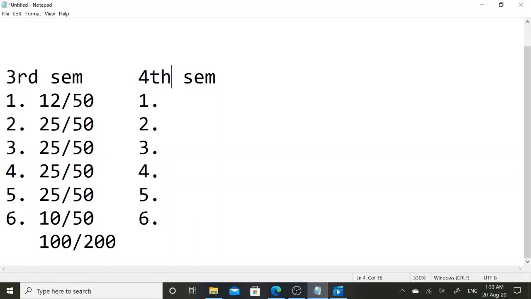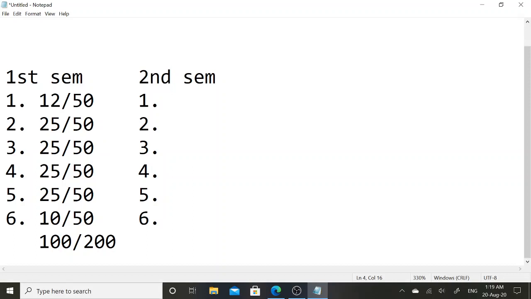If you are applying for second year, then here your SEM will be first, and in this section your SEM will be second.